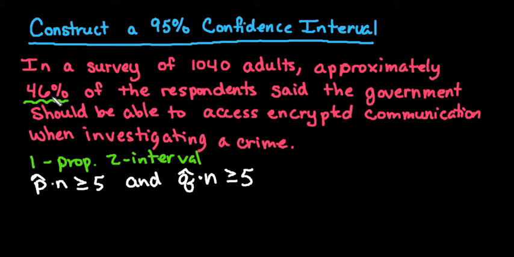In this case, since we have 46% of 1,040, that means that we have approximately 478 successes, and we have approximately 562 failures. So since both of these are met, then that means that we can go ahead and run the